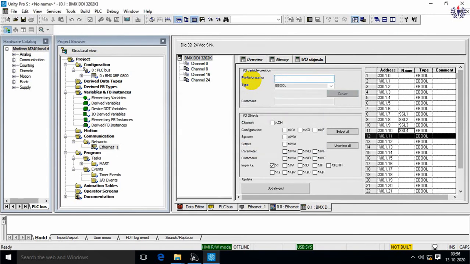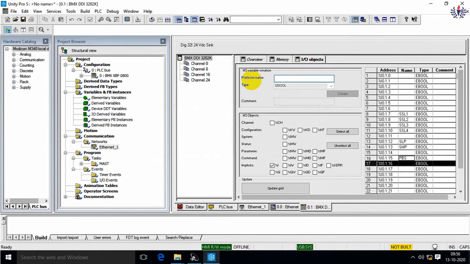Then similarly, I have low position, high position and push button, which are respectively 12, 13 and 15. SLP will be 12 as per our kit. Then SHP will be 13, so I have given 13. That is also created. PBS will be 15. This is the push button which has to be activated for starting off the process. This is also created. So these are all the list of input addresses.